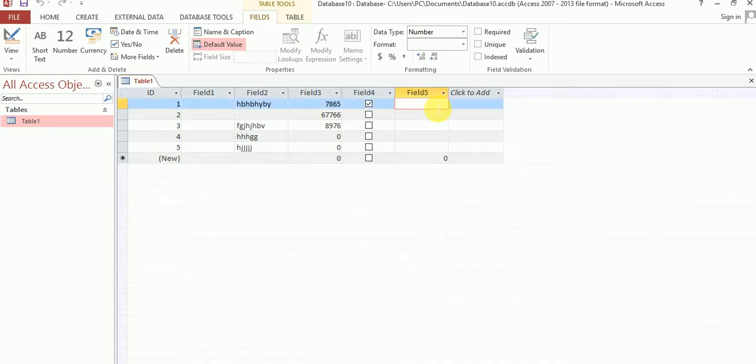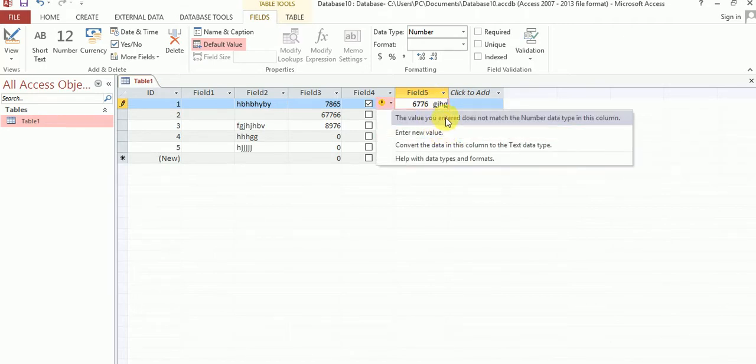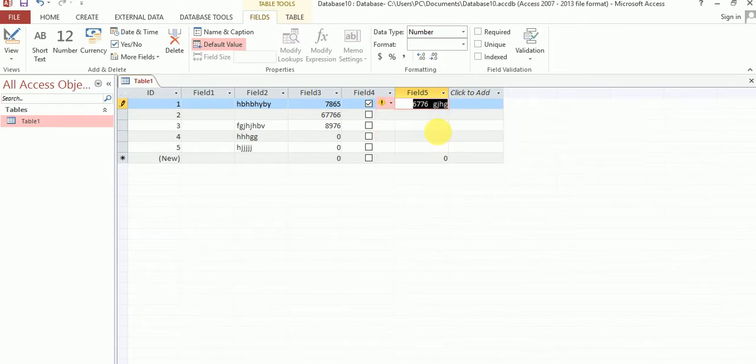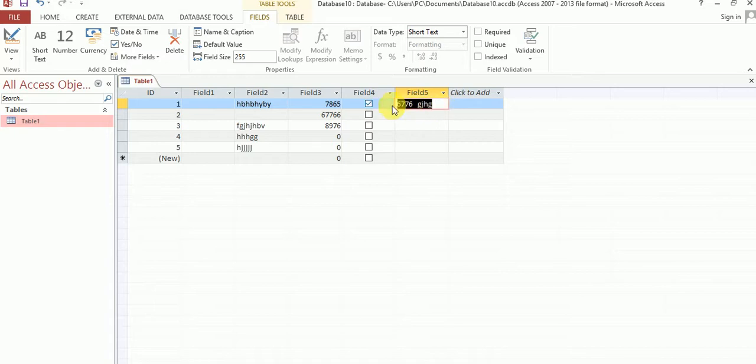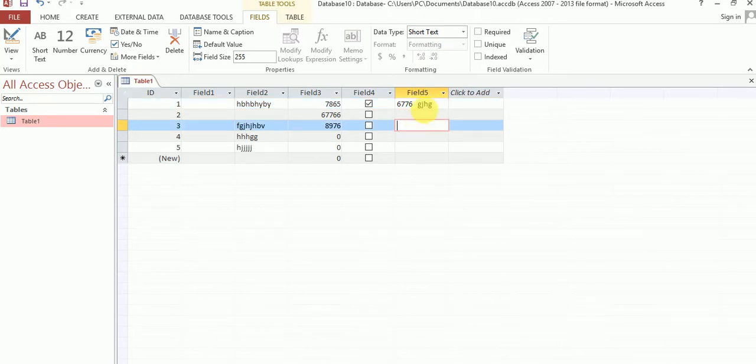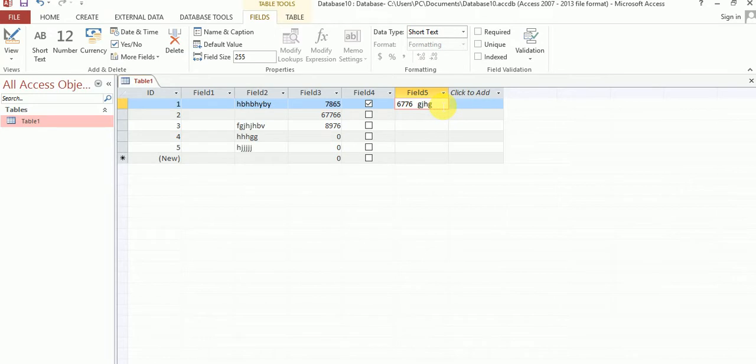When you insert a number with text in this row, it is not called a data type, because both are used in this record.